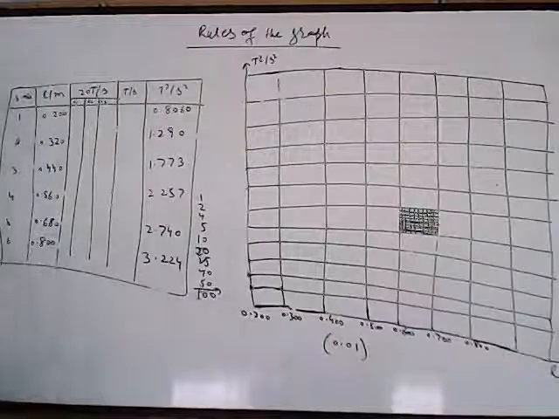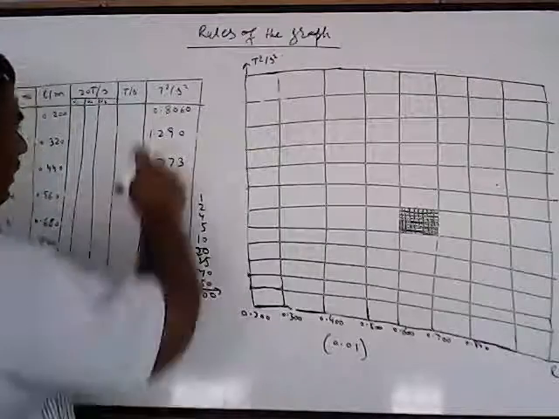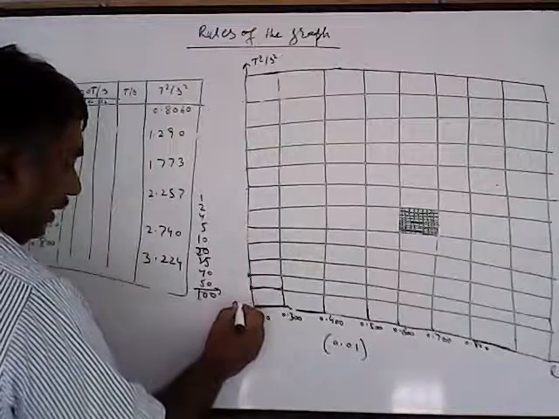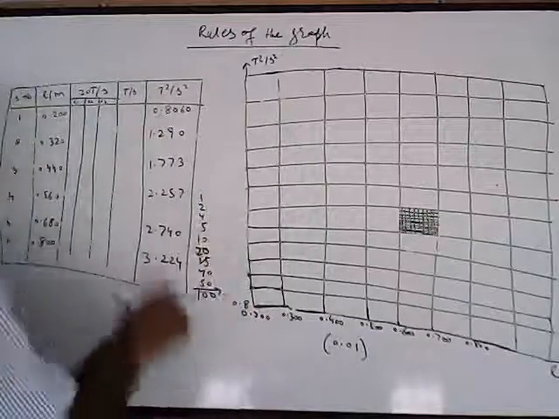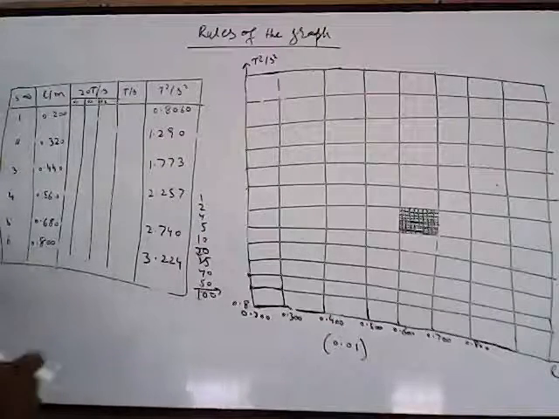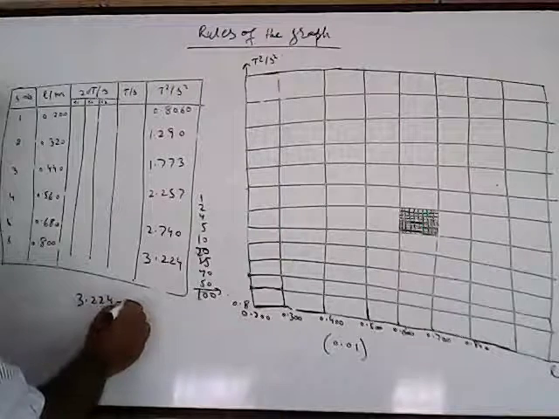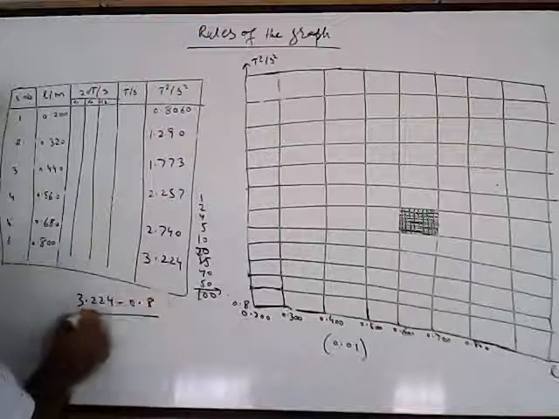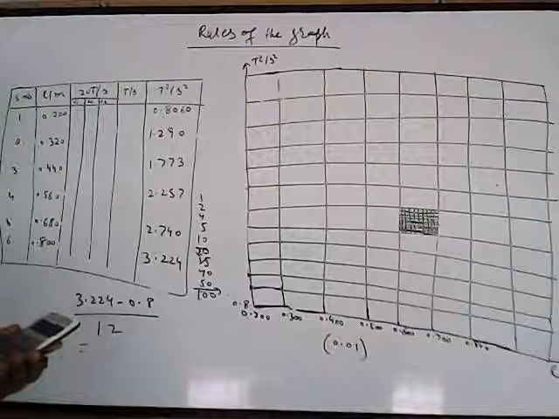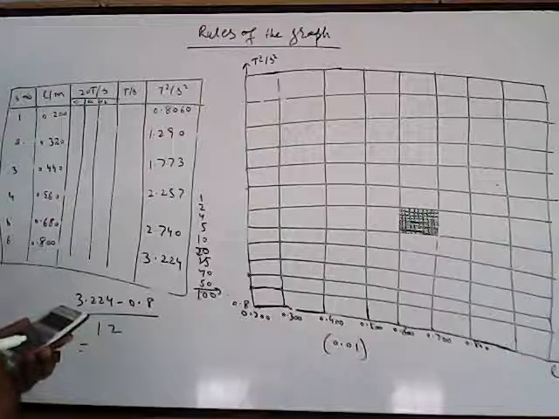Now scale along the y-axis, I have to start the y-axis at 0.8060. So I can just take 0.8060, or I can start from 0.8. It is better to start somewhat lower with 1 significant figure so that you can write the values clearly. Now this is 3.224 minus 0.8 divided by 12. So it is coming out to be 3.224 minus 0.8, this one,